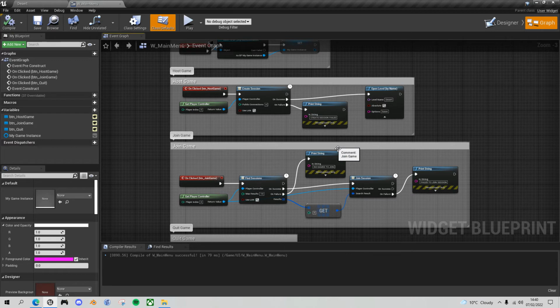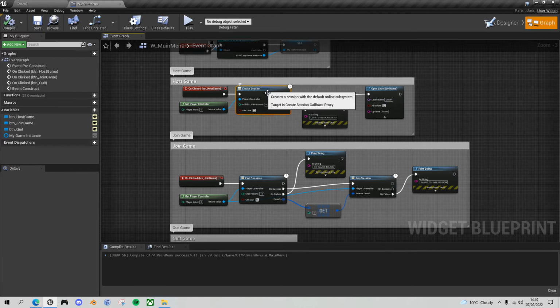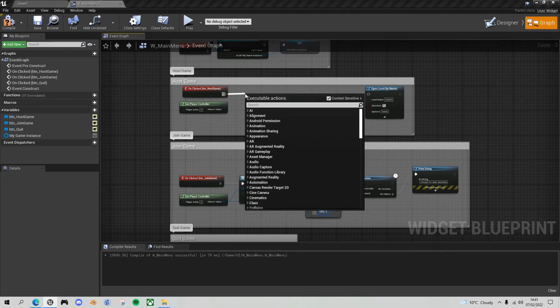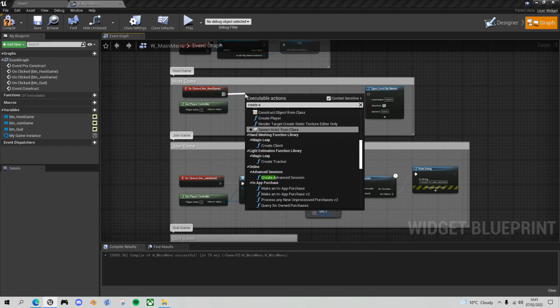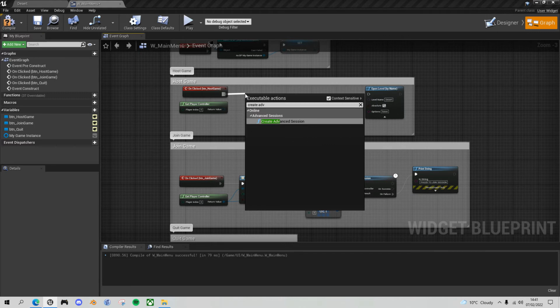And this is actually really straightforward to do. All we need to do is replace this create session with a create advanced session. And that will then use the Steam network that we've set up in the engine.ini file. So if you delete create session and instead connect create advanced session,